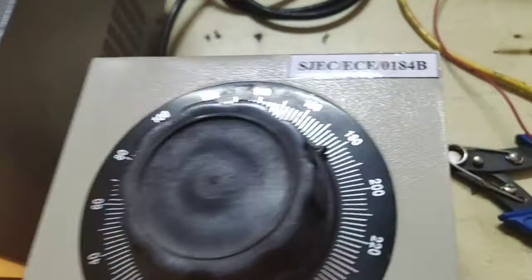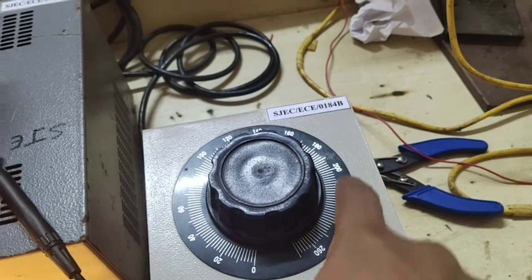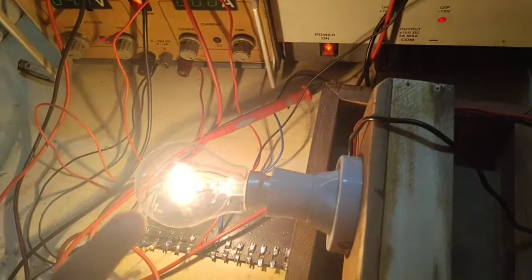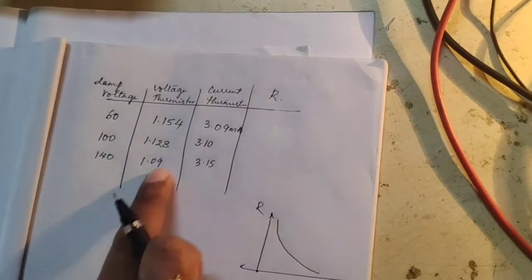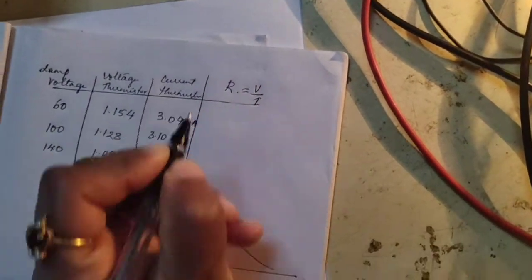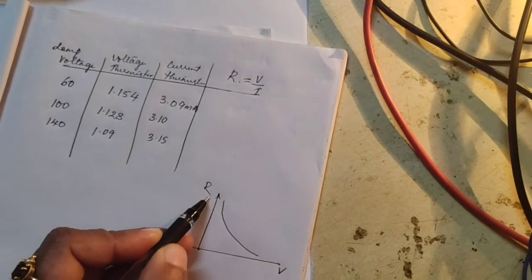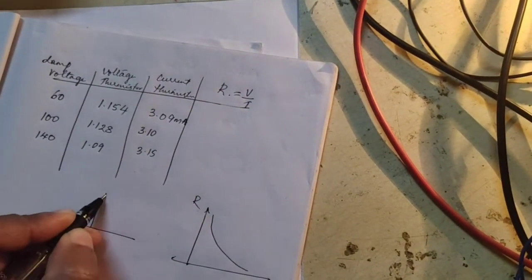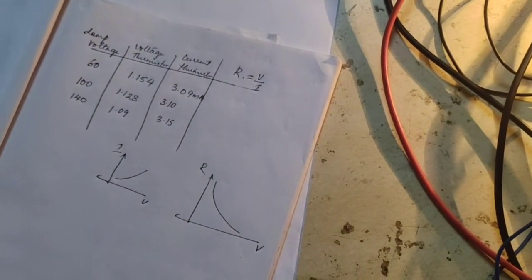So as you note down all these readings, using V and I, you go on varying this voltage from the dimmerstat, which will give you variation in the temperature. That is, you are varying the intensity of the lamp. So take different readings there. Based on that, having the values of V and I, you will calculate R. R is equal to V by I. From this, you will plot the graph. You can either plot R versus V or I versus V, just to understand both the expressions.